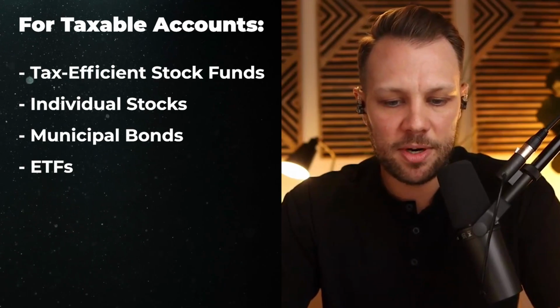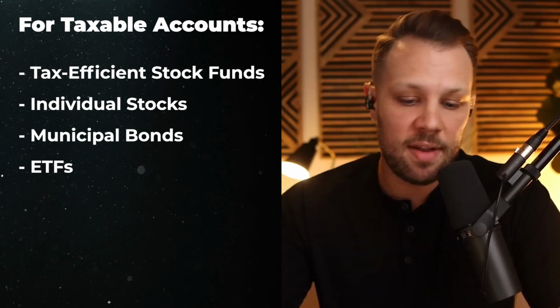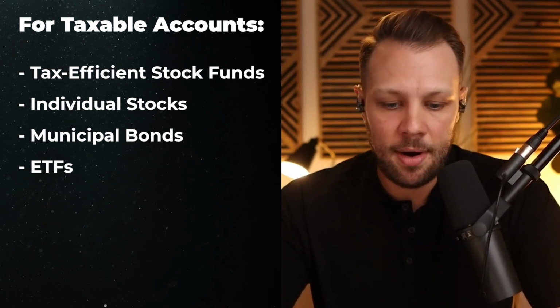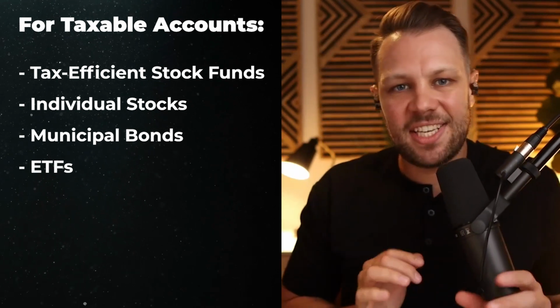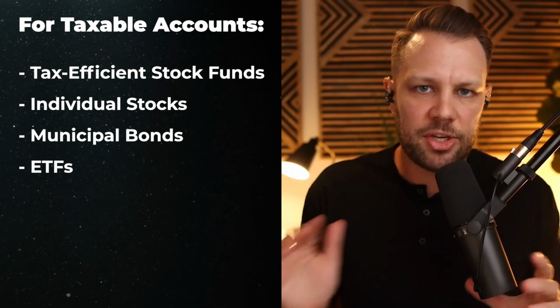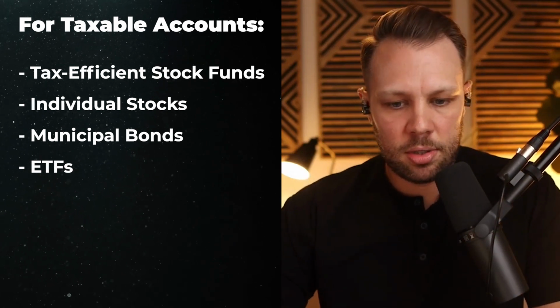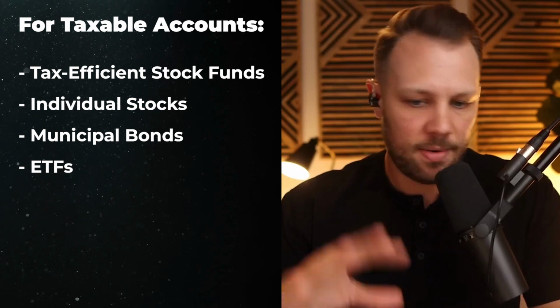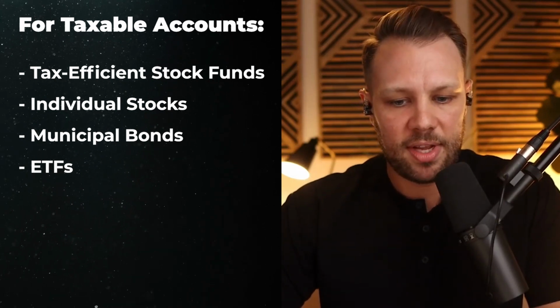So making sure you understand what to put in there, that's going to be tax-efficient stocks. That's going to be individual stocks. I would not put REITs in there. That would be municipal bonds. That'd be ETFs. Those are tax-efficient investments, lower turnover ratios. You don't want to put those high turnover ratio mutual funds that you absolutely love in there, because those are something that you definitely don't want to be considering in a taxable account, because you're going to have a lot more taxable events and a lot more things going on there.